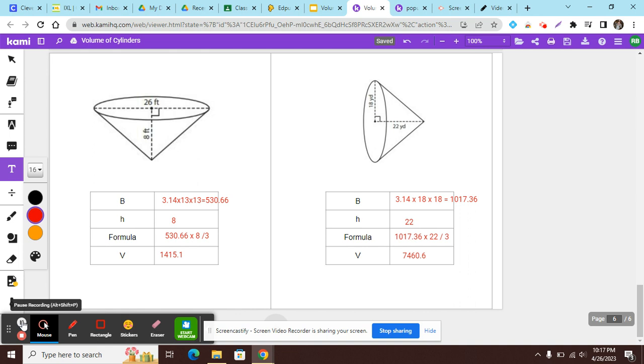Okay, so for this one, again, we're finding the area of our base, which is 3.14 times our radius of 18 times our radius of 18, or 3.14 times 18 squared, and we get 1,017.36. Our height is 22. And so we plug in our formula, and we end up with the area of our base, which is 1,017.36, times our height, which is 22, and then we divide by 3, and so we get